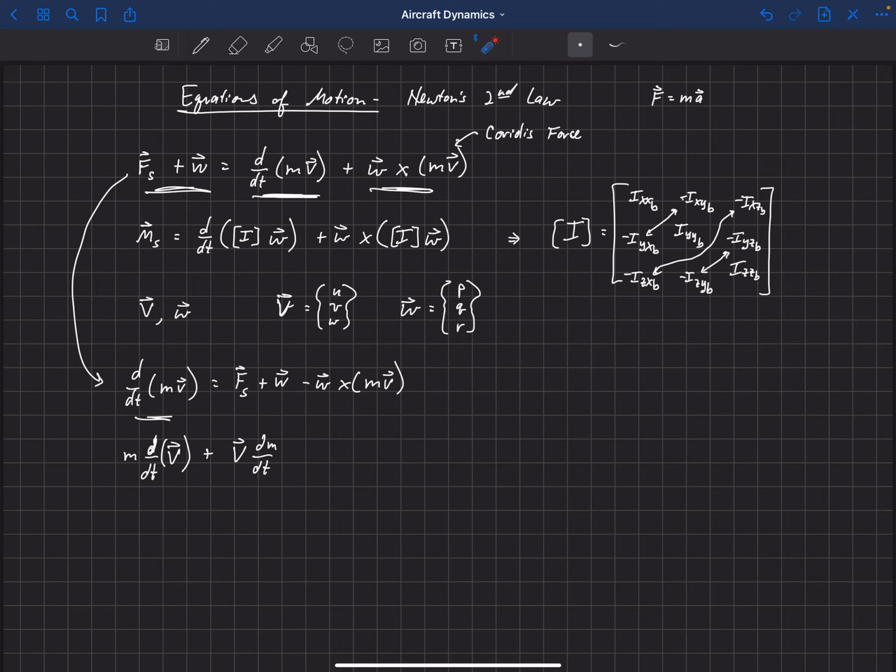And so that mass that's exiting can actually have a different velocity than the velocity of the aircraft. And so we need to add in another term here. This is the change in mass, or m dot e, the exit mass, times v e, the exit velocity. Now, the change in mass with respect to t plus m dot e, which is that exit mass, has to be equal to 0.